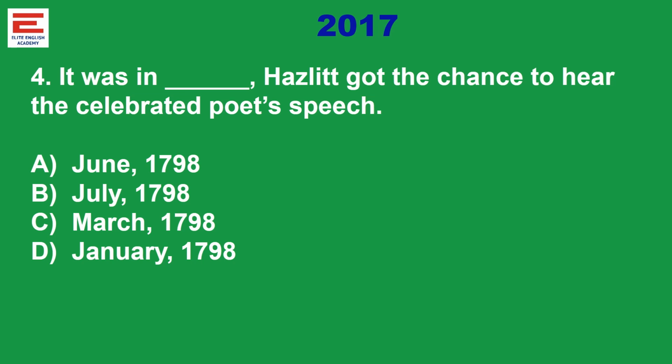Then you have to correlate Hazlitt's life years of living with the other poets of the same unit. So we know this particular question is asked from unit 3. So who are the other poets who belong to that unit? Shelley, Keats, Wordsworth. So then definitely it should be within those poets. Right, here the answer is January 1798.